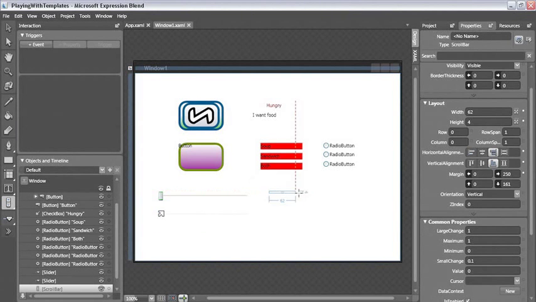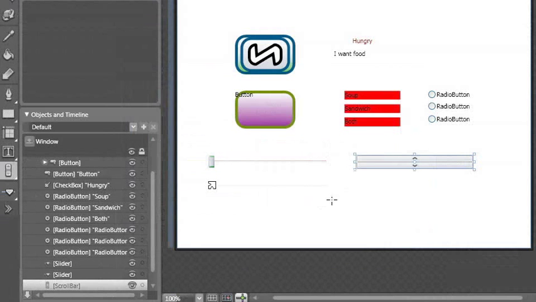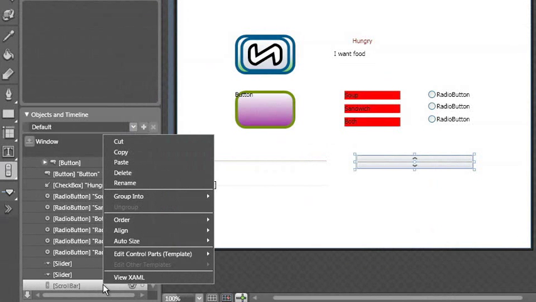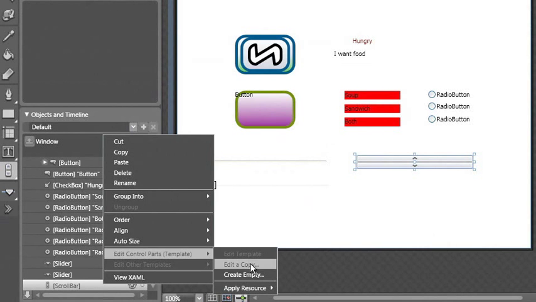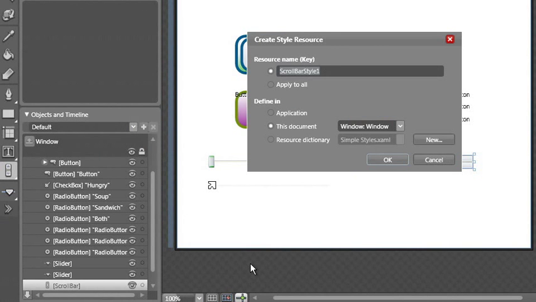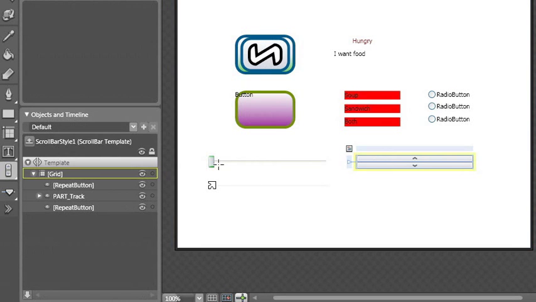Now by default, scroll bars want to be tall as opposed to wide. When I edit the template of a scroll bar, take a look at what happens. I'm going to edit a copy because with a scroll bar it really is easier to use the WPF scroll bar instead of trying to create my own. Let me take a look at the grid, and the grid contains within it 2 repeat buttons and a part